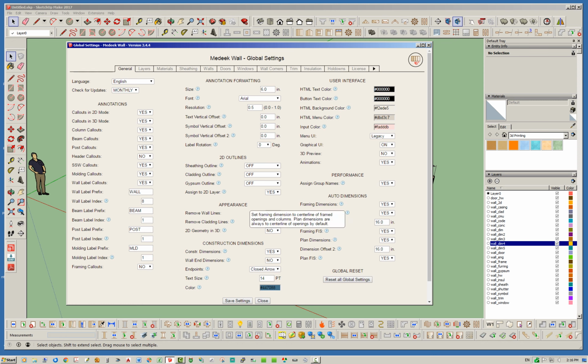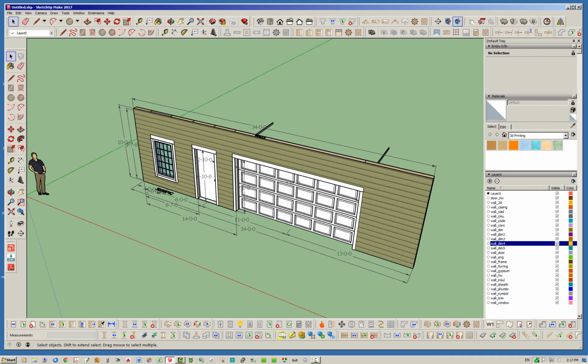to centerline. So that is a new thing, and basically what it does is it centers the dimension lines for window openings, door openings, and garage door openings, I think also columns, but that it only applies to framing dimensions. So plan dimensions by default are already to center line, of course, and you really can't change that. But previously, if we jump out of this here real quick, you'll notice that